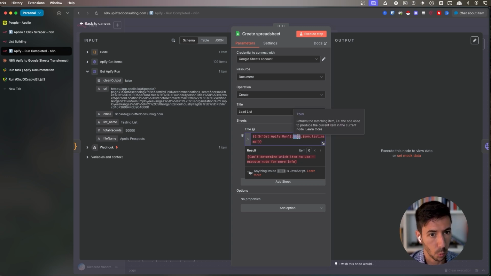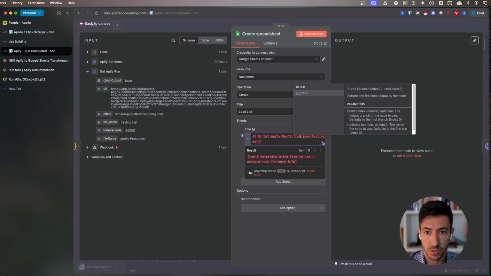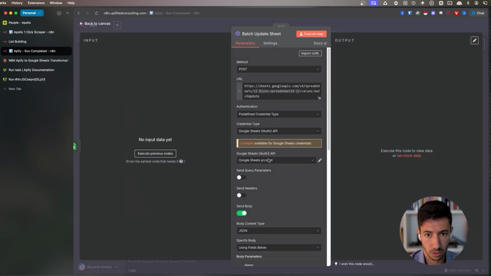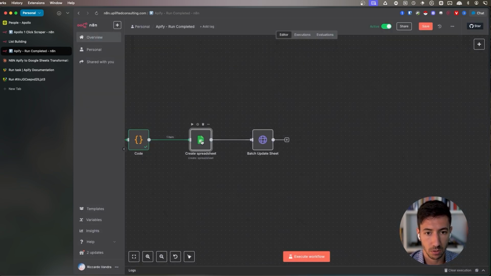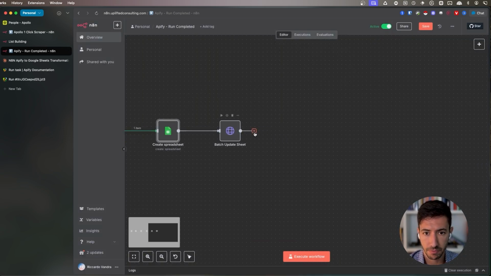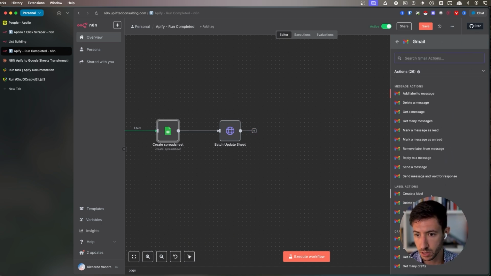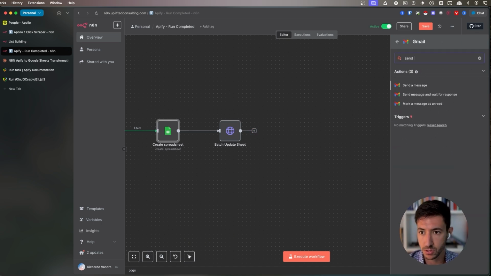And we will probably use first. Okay. And then, yeah, batch update information. So, okay, this is all correct. And then finally over here, we will use Gmail. So we will use Gmail itself. So send message,